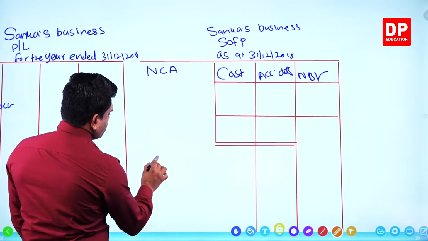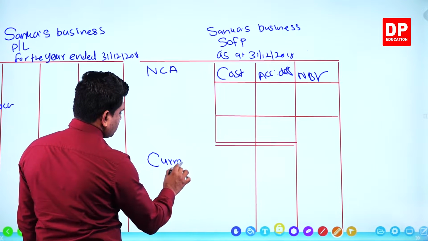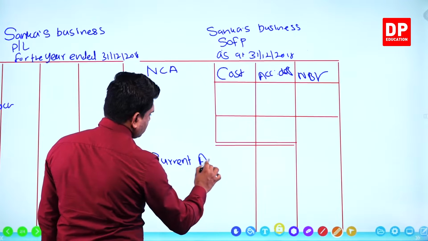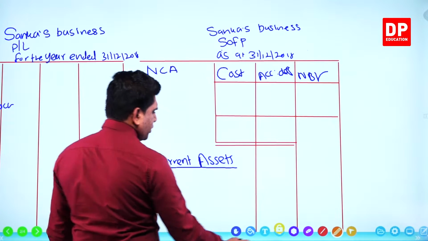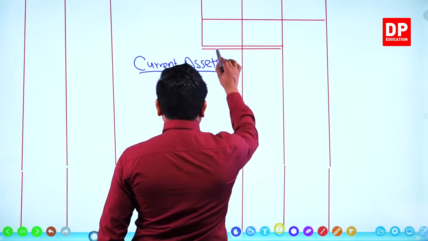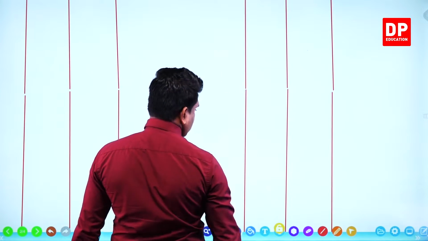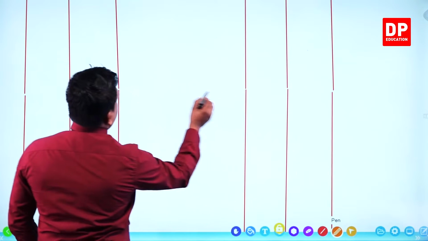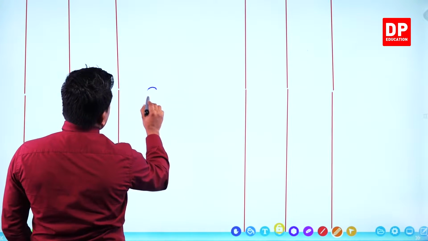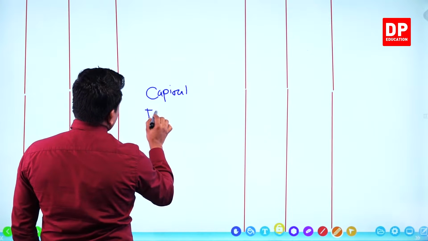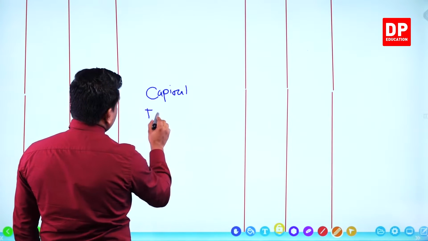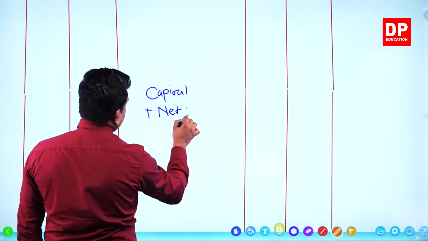Here current assets, right? Do you give enough space? Then current assets, okay. Then capital plus liability. Before the liability, we have to write net profit,